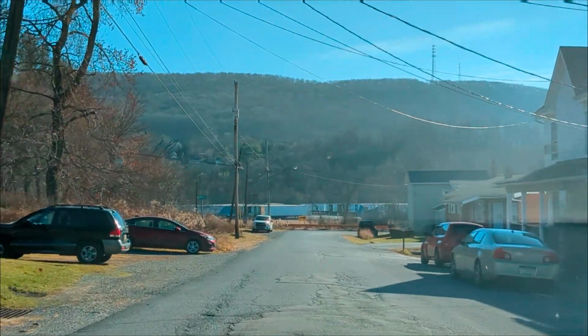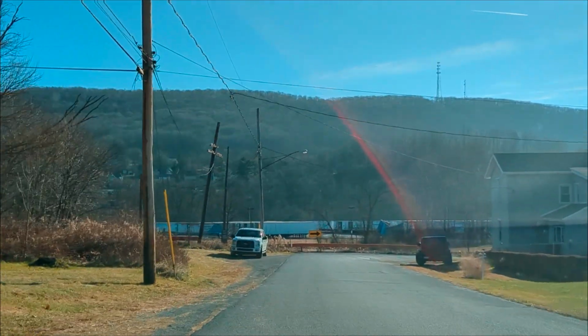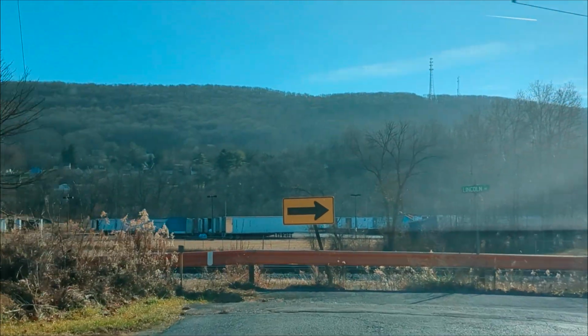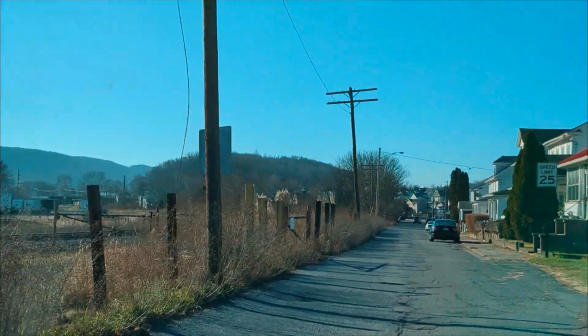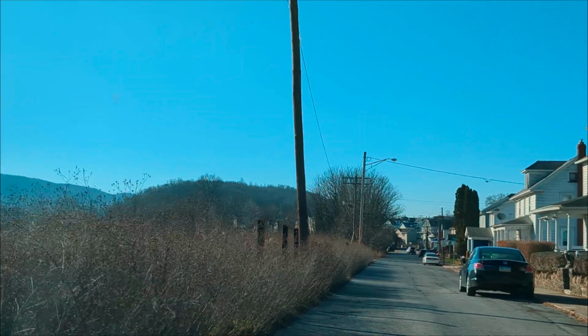Let's see here. I gotta get that Baron fixed. That's driving me nuts. But pretty much, I'm gonna see if I can do it without the sun in my eyes. This scene, you know, that scene was done right here. I hate these roads. Can't really see it, but